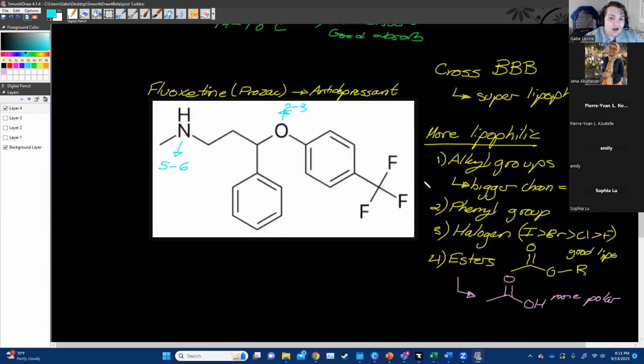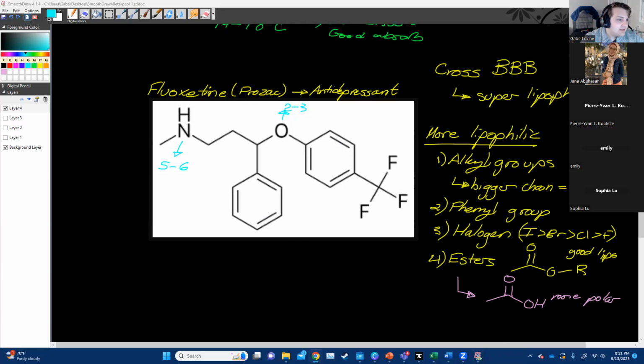So this drug is highly lipophilic, but terrible at dissolving, right? A lot of this drug is going to be trapped as the tablet. And so this is why fluoxetine